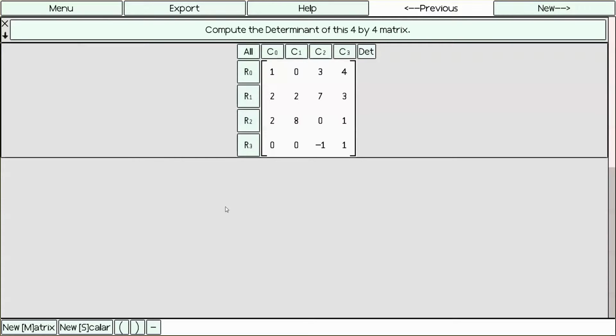Today we're going to compute the determinant of the 4x4 matrix that we have on the screen right here using the Summers computer-aided mathematics program. Whenever we're trying to compute a determinant using this program, we should turn on determinant mode. This gives us a useful scalar box that will be useful in the computations that we will perform in trying to compute the